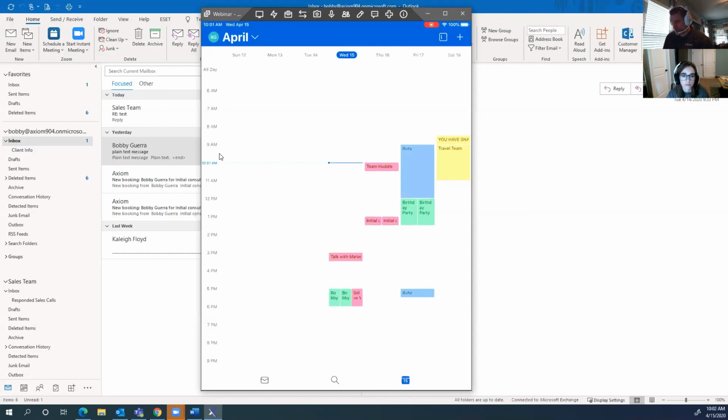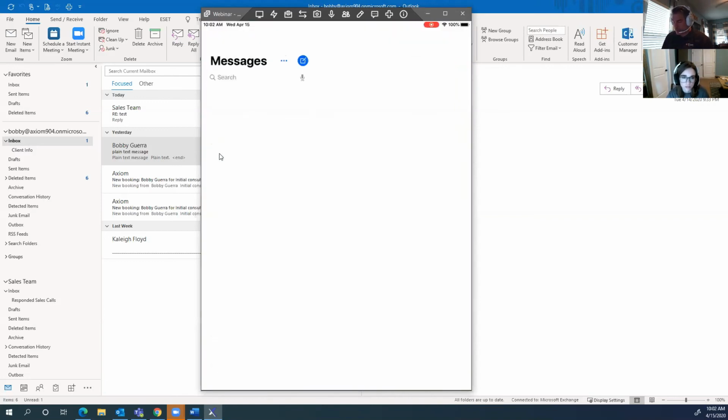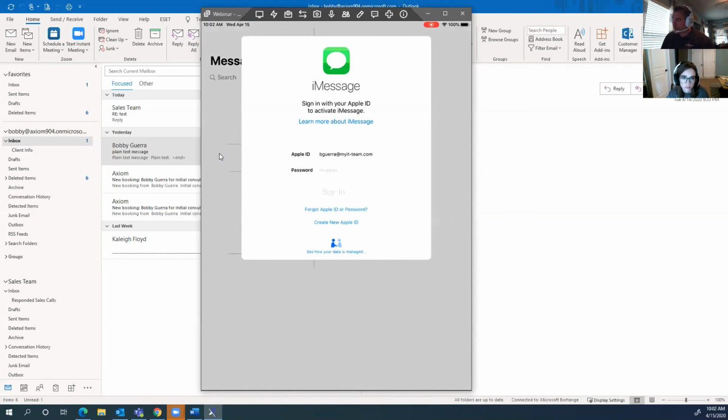Does that make sense? So if I'm going in here and I wanted to send a new iMessage, which is not set up, but if I did do that, obviously those contacts aren't going to just flow automatically and sync perfectly. But if you add the contact in there, then those will flow as you're adding them in your Outlook on your day-to-day operation. You can still leverage it in your iMessage.